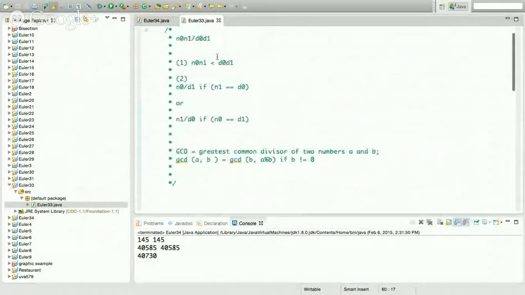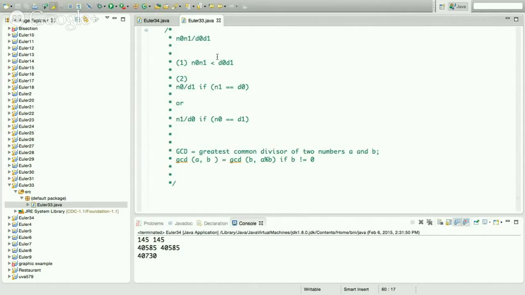So imagine the number is a 2-digit number, right? So we call one of the digits n1 and the other one n0. For the denominator, we just do the same, d1 and d0 for the first digit and the second digit of the denominator. Then there are 2 cases: whether n1 is equal to d0, or n0 is equal to d1, or none of them. Well, if one of these 2 conditions is correct, then we are able to